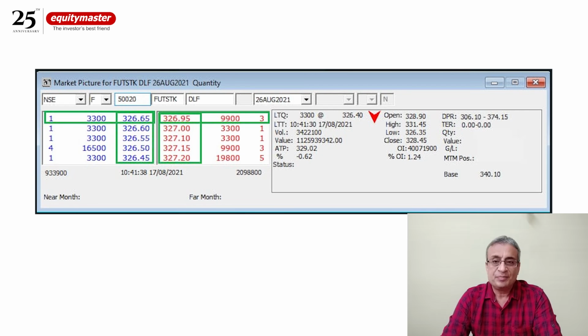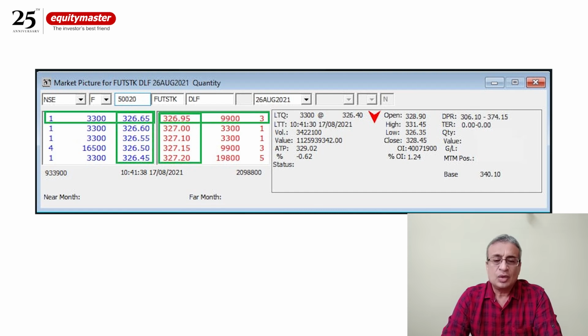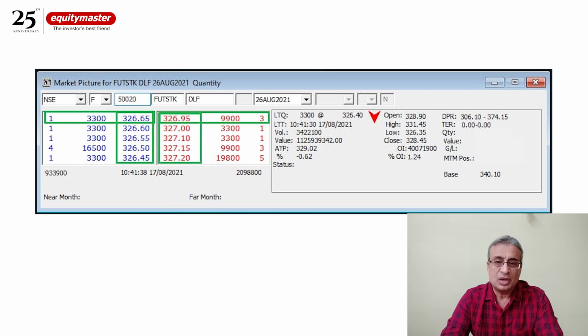Way too wide. Ideally speaking, the narrower is this difference, the better it is, because the cost paid by a trader to get in and get out of a trade is very small, which means you as a trader pocket most of the profits. Now this bid and offer difference is called the spread, and since it is between 2 parties on the same row, it is horizontal in nature. So this is the horizontal spread.